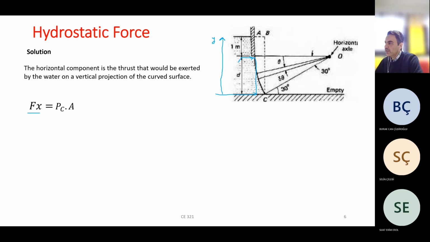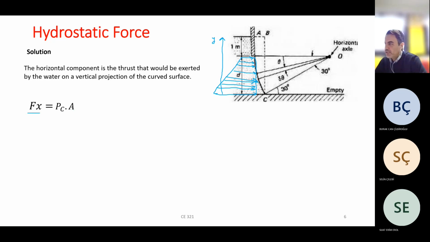Therefore, if I linearly connect these two pressures, this gives me a pressure diagram like this. This is the distribution of pressure on this vertical projection of this curve, and the area under this diagram gives you Fx, or Fx equals